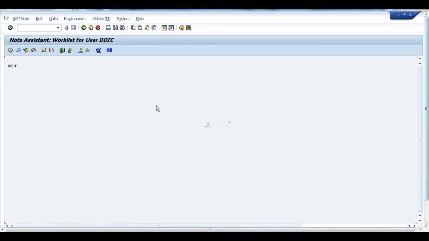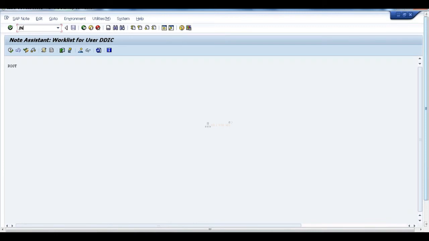Yes, I got it. The SAP Notes we can download from Service Marketplace only, correct? Yeah. So if my system is connected to Service Marketplace, I can download the SAP Notes automatically. So first of all, this system should be configured and connected to my Service Marketplace.